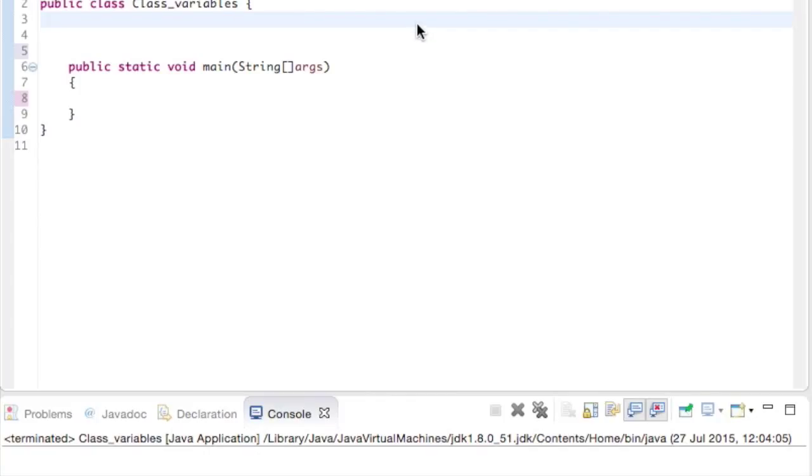Example of class variables now, or commonly known as static variables. Class variables are really used other than being declared as constants. Constants are variables that never change from their initial value. So we'll just create a constant, which is a name, and then we will just